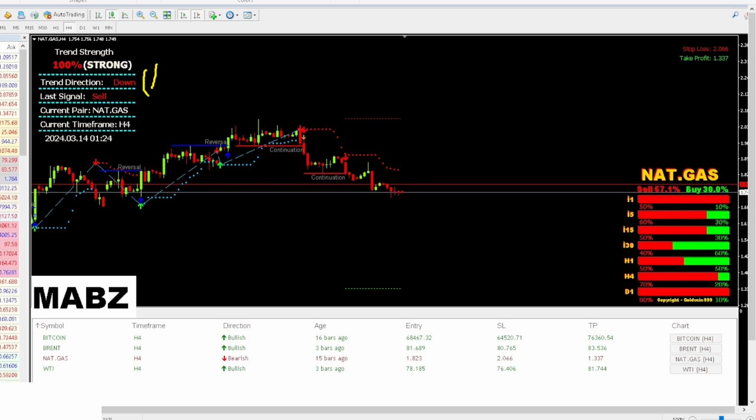If you look to the top left of the screen, you can see that we've got our indicator that can determine the strength of the trend and the direction of the trend. If you can see right there, it's telling us that this is a downtrend, and the strength of the trend is 100%. So this is what we want. We want to see a trend, and then we want to see a strong percentage indicating that this is a strong downtrend. This means that the market is most likely to go to the downside. That's the first step that you need to do in order to find